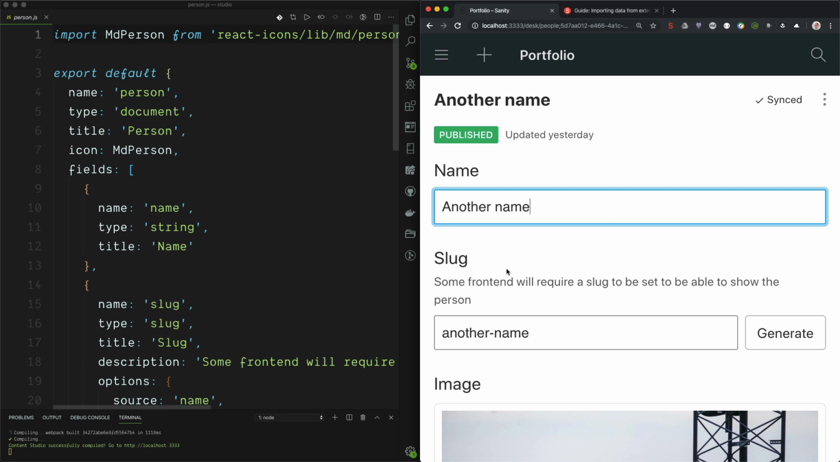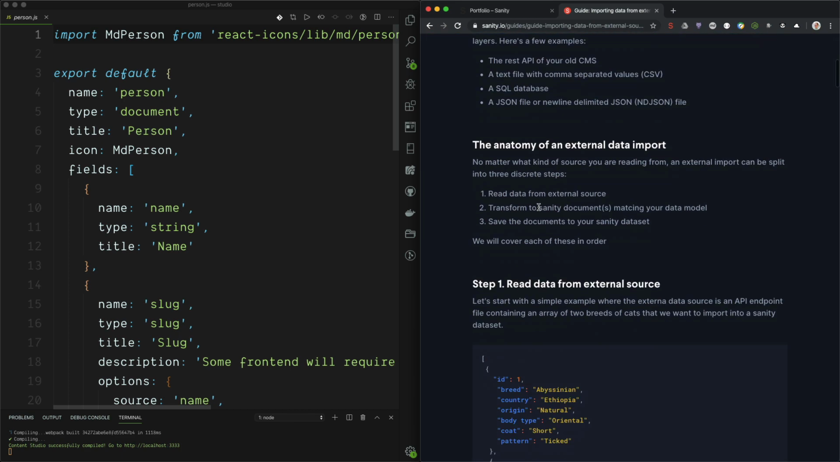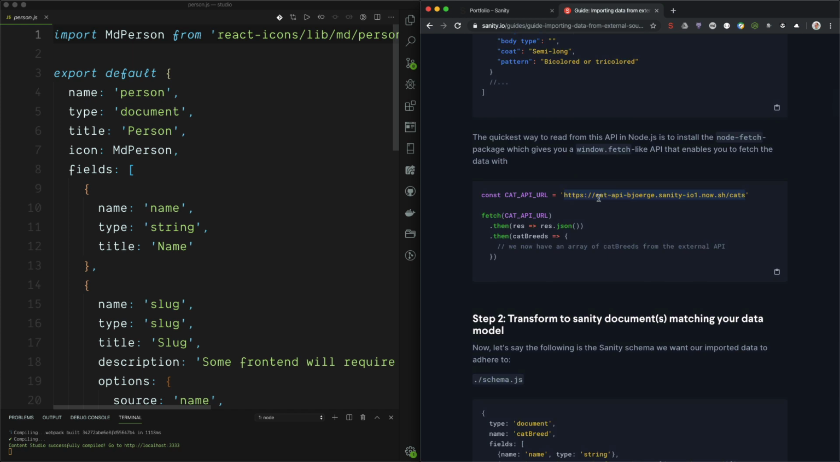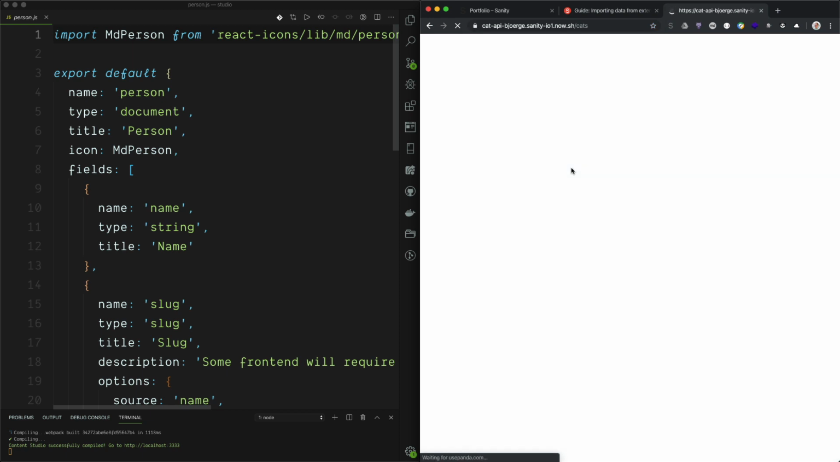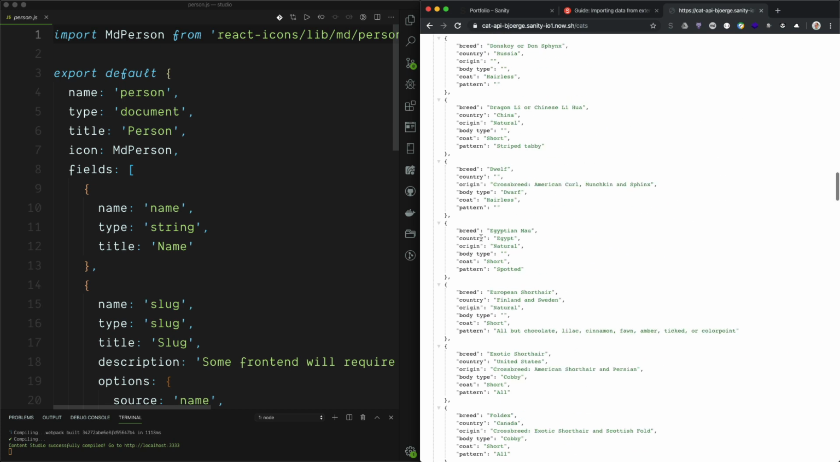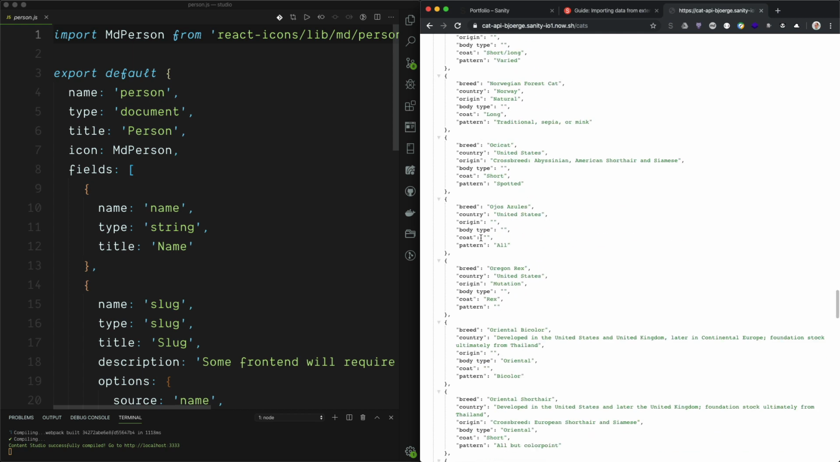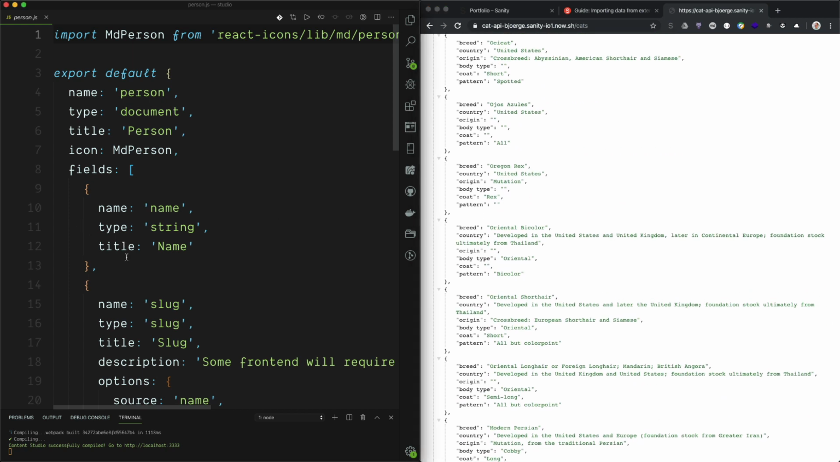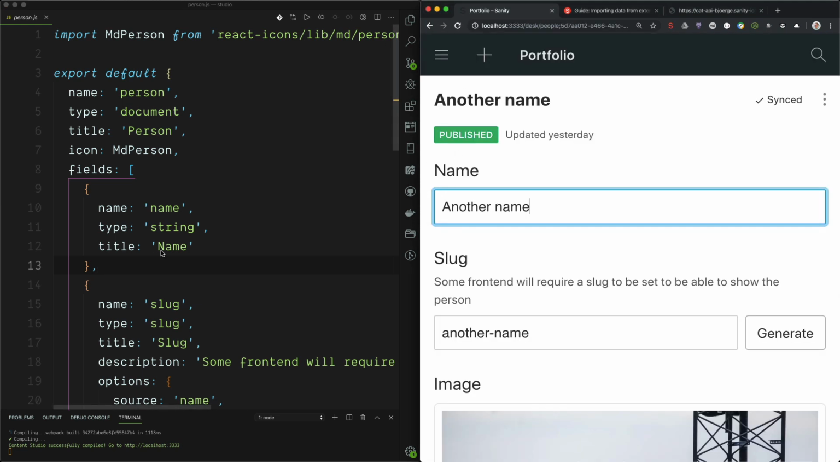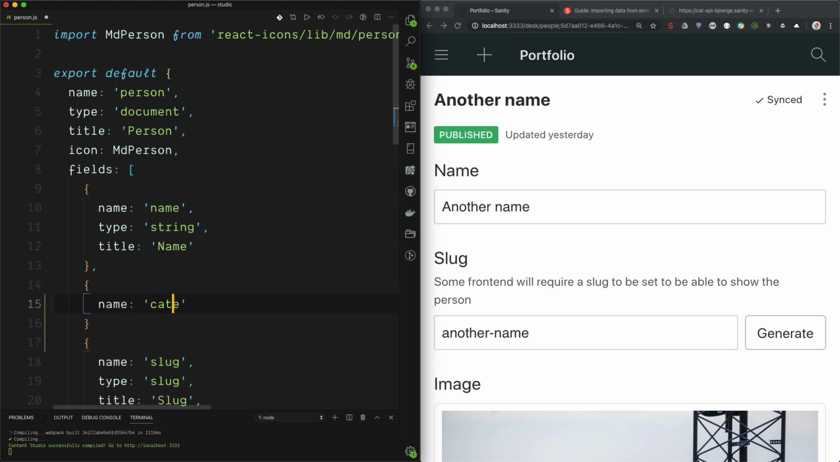document. And if we go to the guide called importing data from external sources, my colleague has made a random cat API, so we can go to this in the browser, and here we can see that we have some cats. So let's go ahead and just bring this in to the person type. I guess we have to make a field first. Let's just make it on the top here. So name: cat, type: